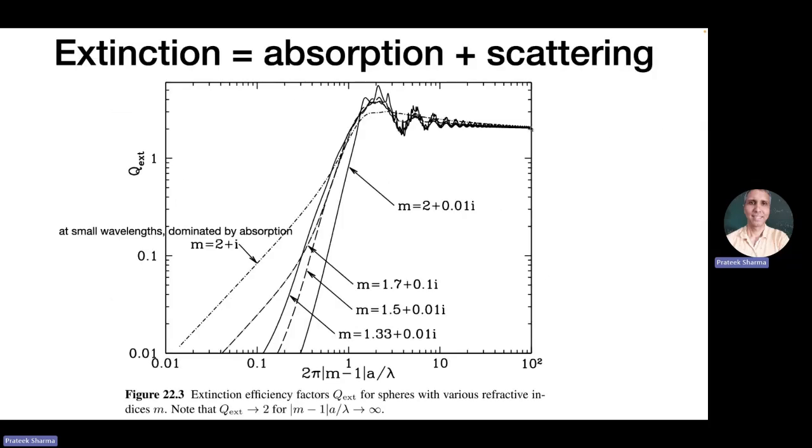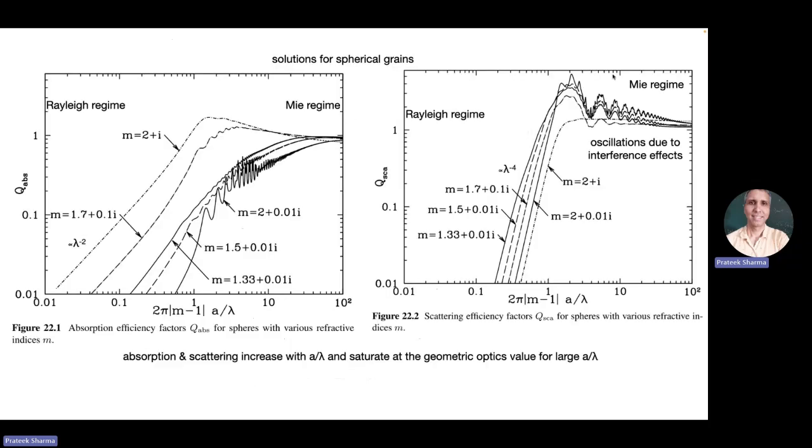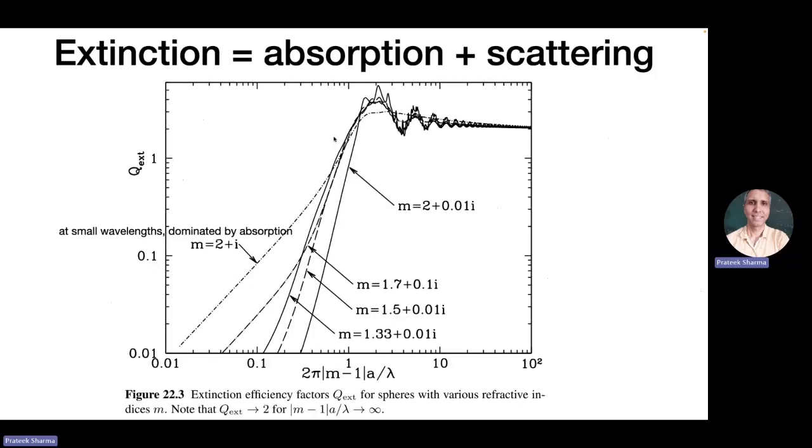And this is sort of a puzzle, because if you have a big sphere blocking a light, you only expect the absorption, or you only expect to block pi a squared. Why is there a factor of 2? And apparently that's because of diffraction of light at these surfaces. So this is sort of called a puzzle. Okay, but this asymptotes to 2, and scattering and absorption provide equal contribution in that limit.